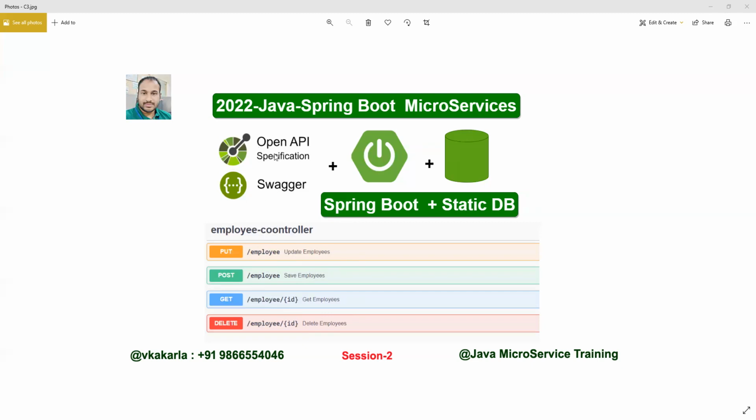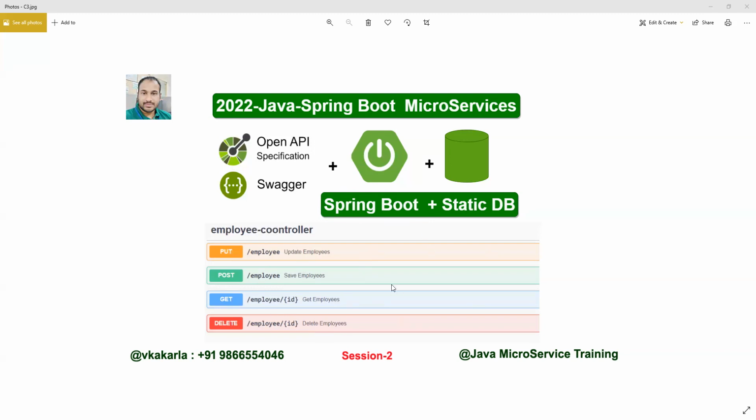So OpenAPI specifications are nothing but, on top of Swagger, OpenAPI specifications created a wrapper. Using that configuration, we can have this kind of user interface, so that whenever we are opening our application via browser, we will know all the APIs will appear like this, right? That is what we are going to see now. So first of all, the main motto is how to configure a Spring Boot application, how to configure OpenAPI, and how to test the APIs.